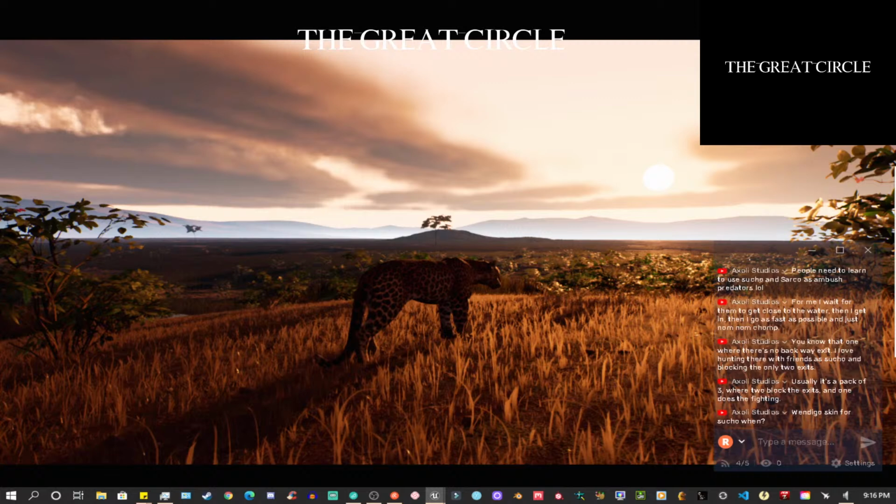Here we go. Alright. Now we just make sure the pack member runs from the leopard too and we're good to go. We'll add an on-site trigger. Oh wait, this is leopard. Flee from large prey on